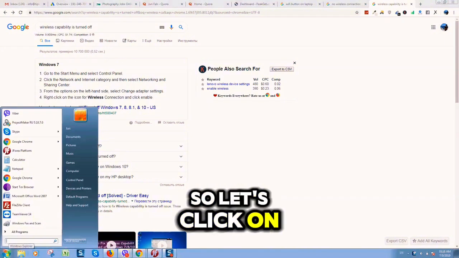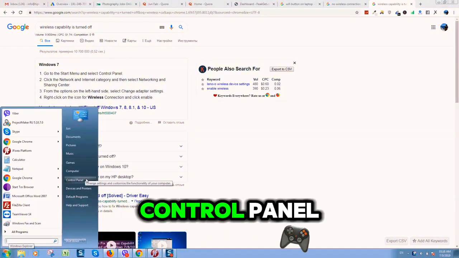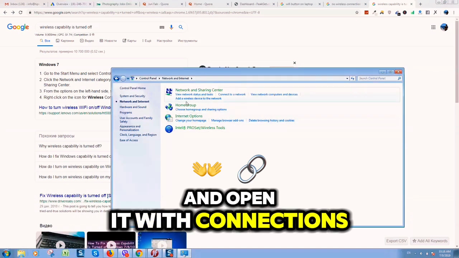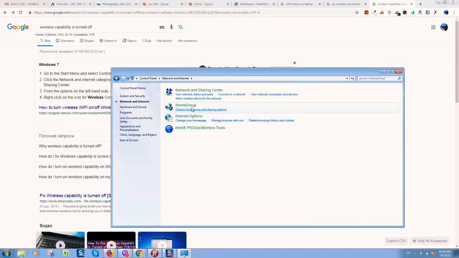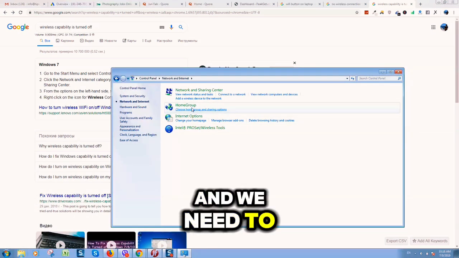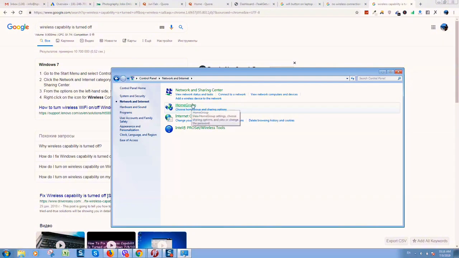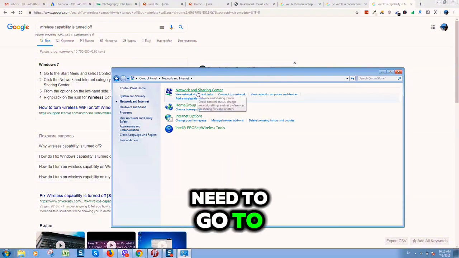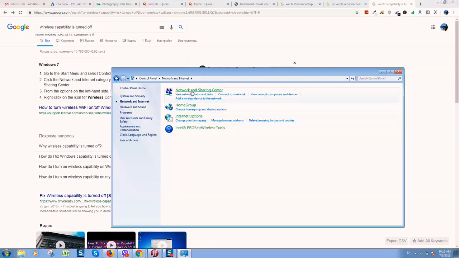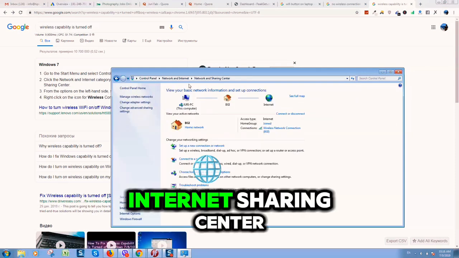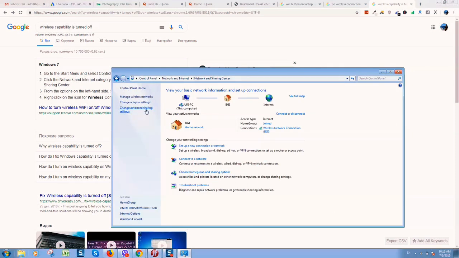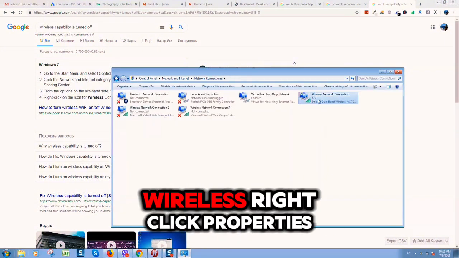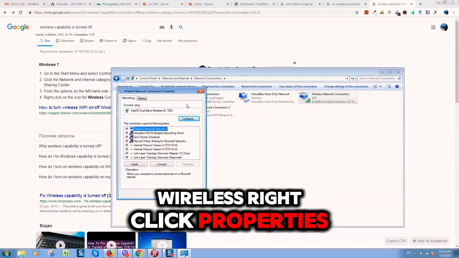So let's click on Start menu, go to Control Panel and open Network Connections, and we need to go to Internet Sharing Center, change adapter settings. So here is your wireless, right click, Properties,